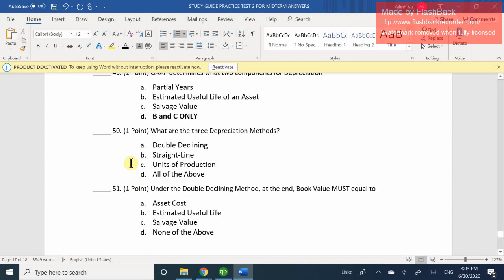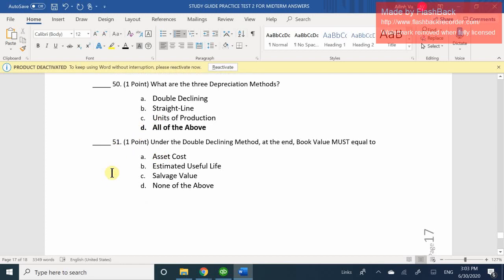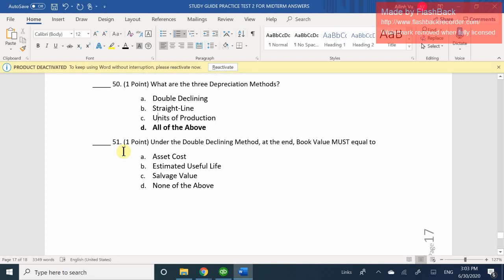Number 50. Okay, so we got 4 more questions left. What are the 3 depreciation methods? All of the above. D. Okay, good. I don't think the exam is going to be that easy. Number 51. Well, we just had this chapter, so it's fresh on our minds. Under the double declining method, at the end, book value must equal to